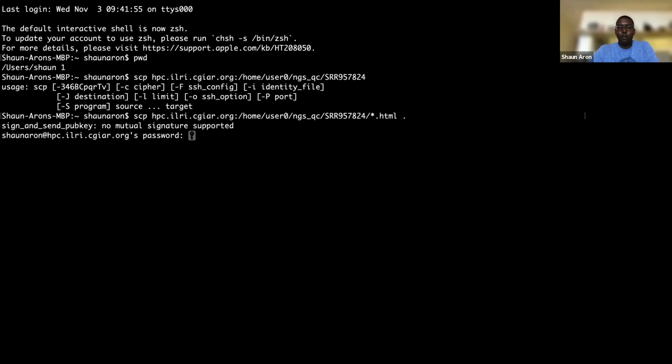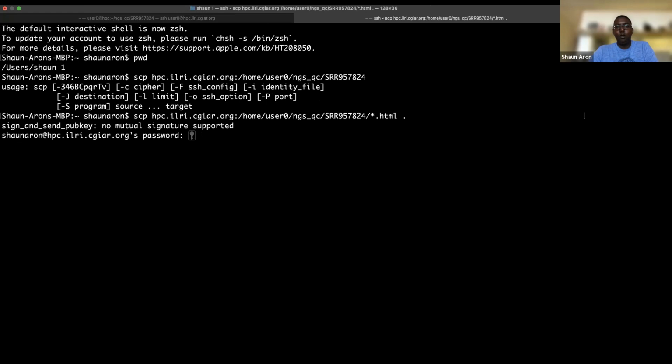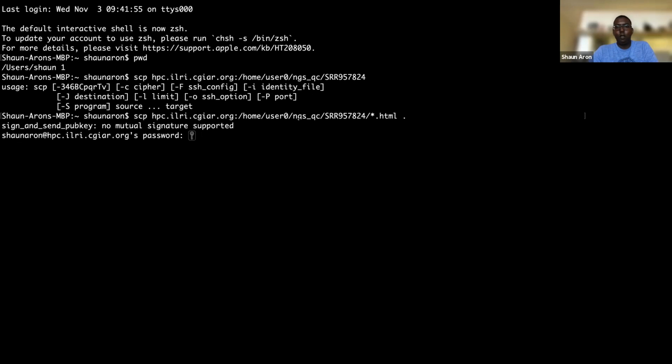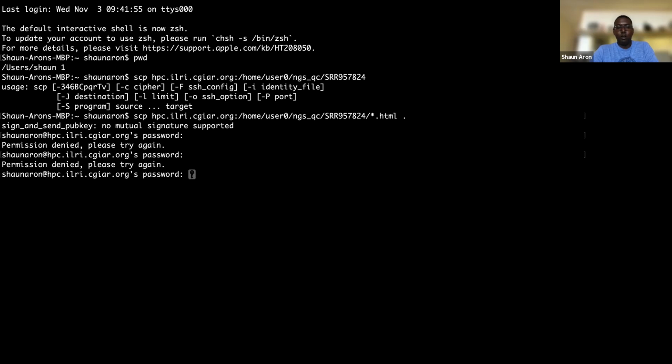And it doesn't allow the password in. Terrible at typing in passwords. Oh, that's also working. The user 0 at